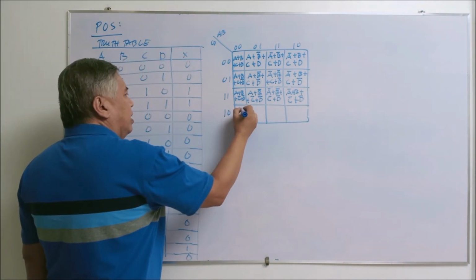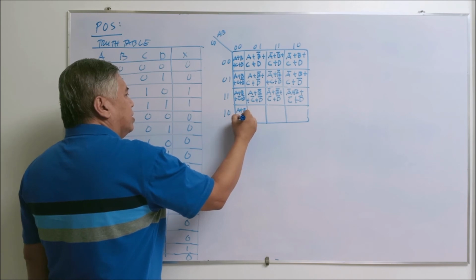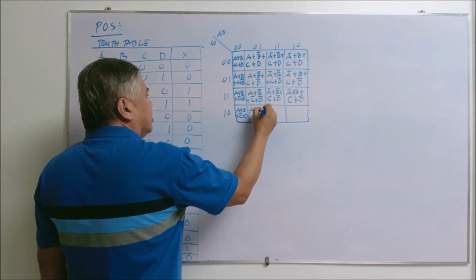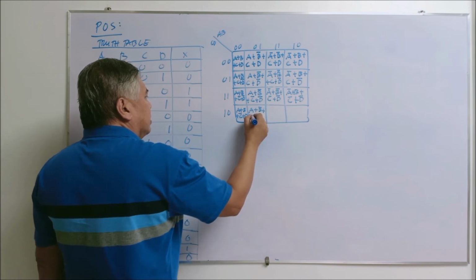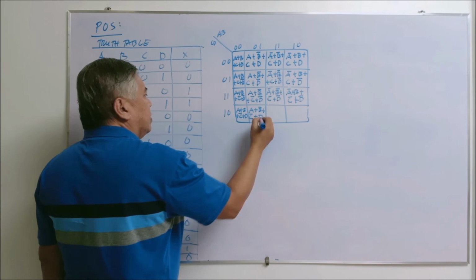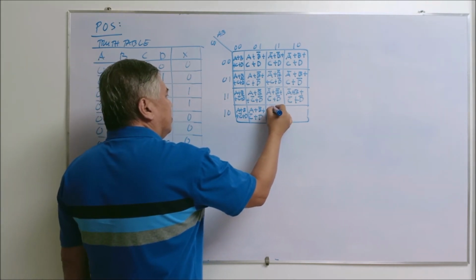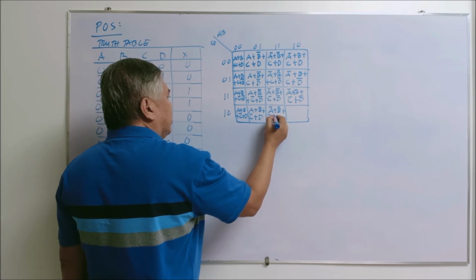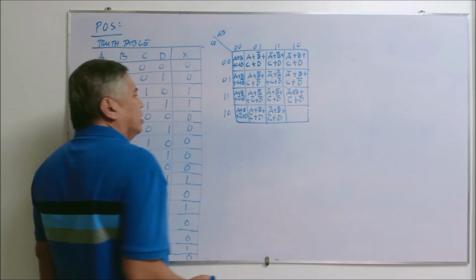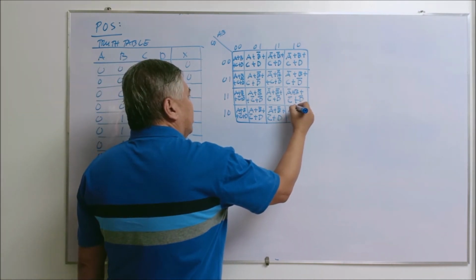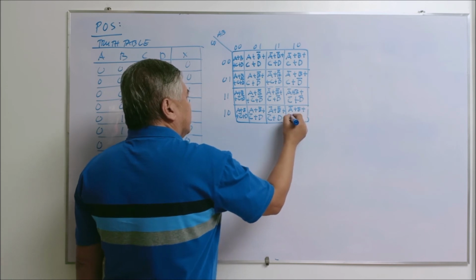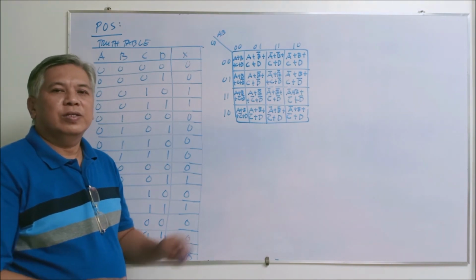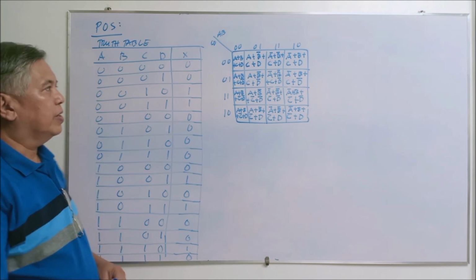Then A plus B plus C complement plus D. Then A plus B complement plus C complement plus D. Then A complement plus B complement plus C complement plus D, and then A complement plus B plus C complement plus D. So that would be the location of your sum terms